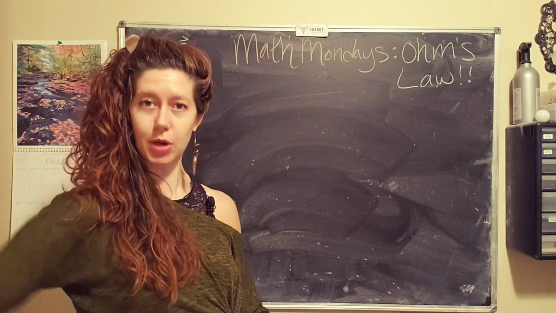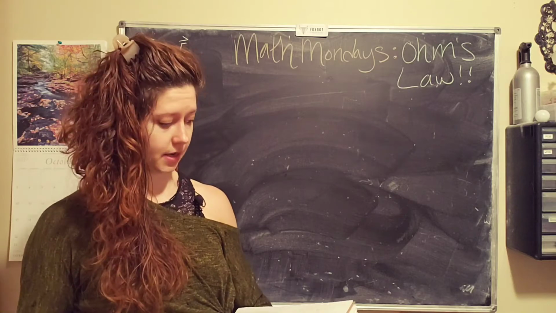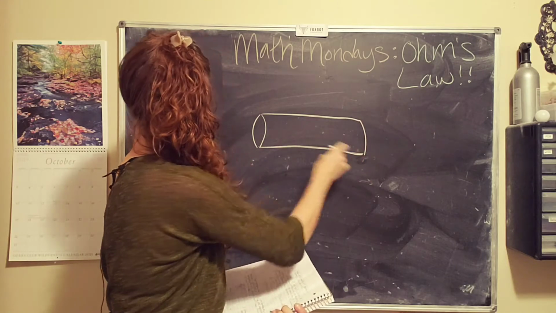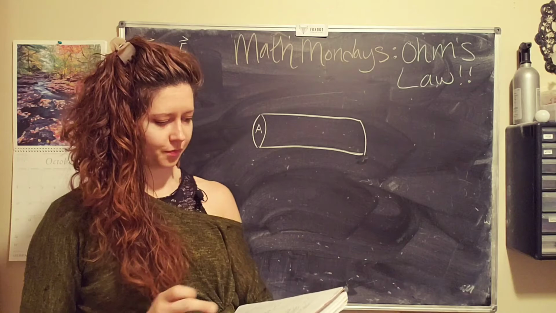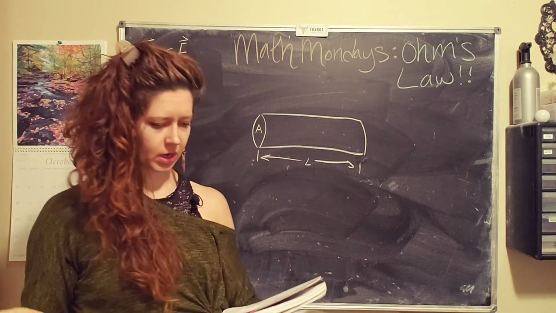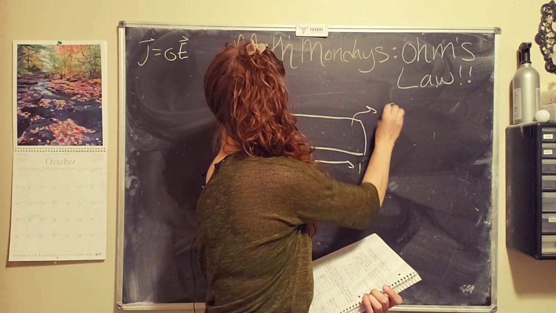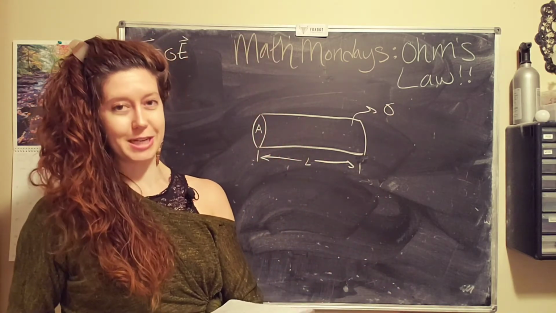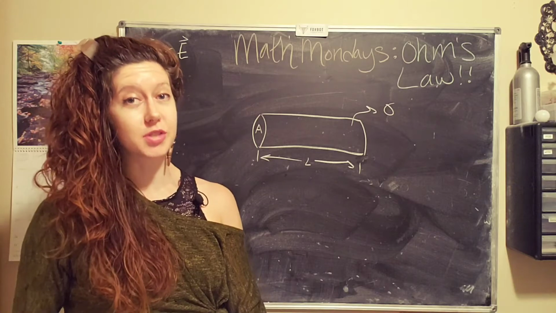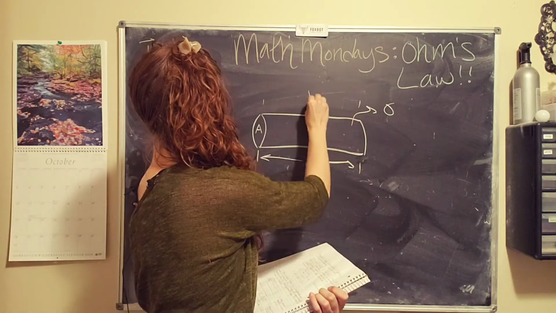All right, example problem number 1. A cylindrical resistor with cross-sectional area A. Let's draw this. I am a cylinder, sort of. So cross-sectional area A and length L, is made from a material with a conductivity given by a Greek letter sigma. No numbers needed here. If potential is constant over each end and the potential difference between the two ends is V,